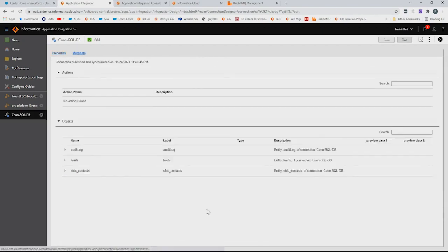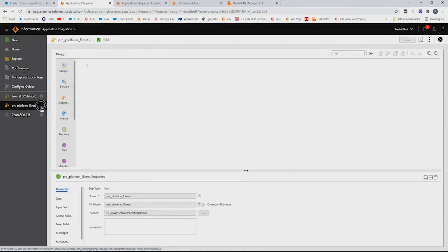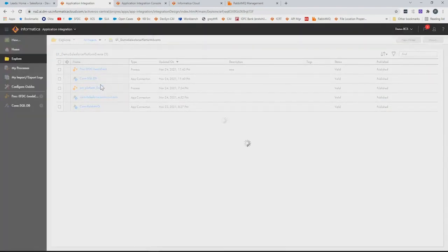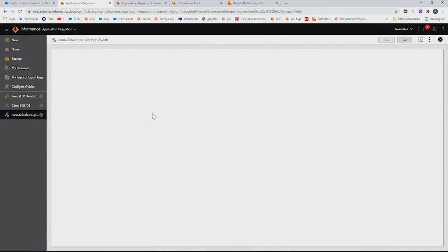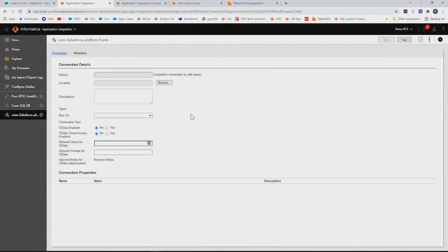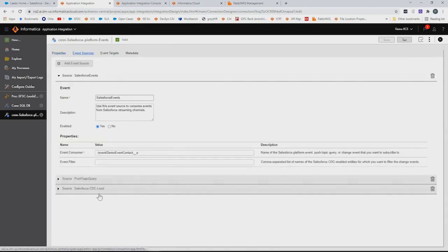You can watch the metadata for this JDBC connection by clicking on the metadata tab. We have published these three tables: audit log, leads, and SFDC contacts. The other connection is the Salesforce platform event connection, for consuming the CDC event, capturing the CDC event and relaying it to a process.